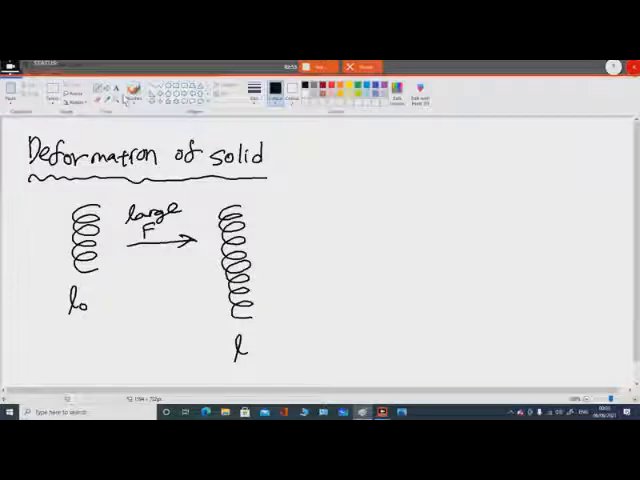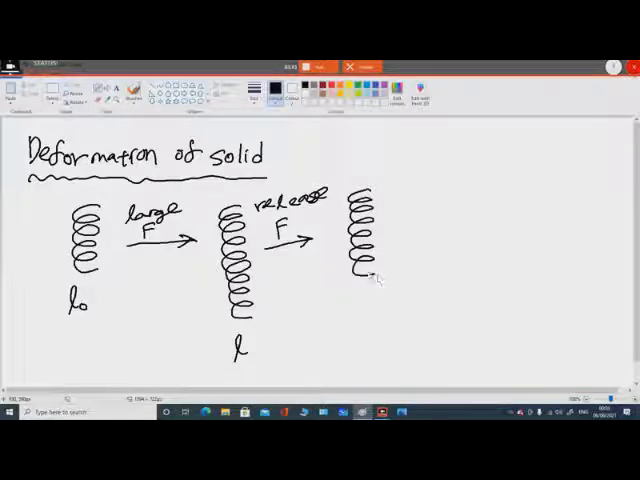So if I release this force, we can see that this spring is actually slightly longer than its original length. This should be L prime. In this situation we can say that the spring